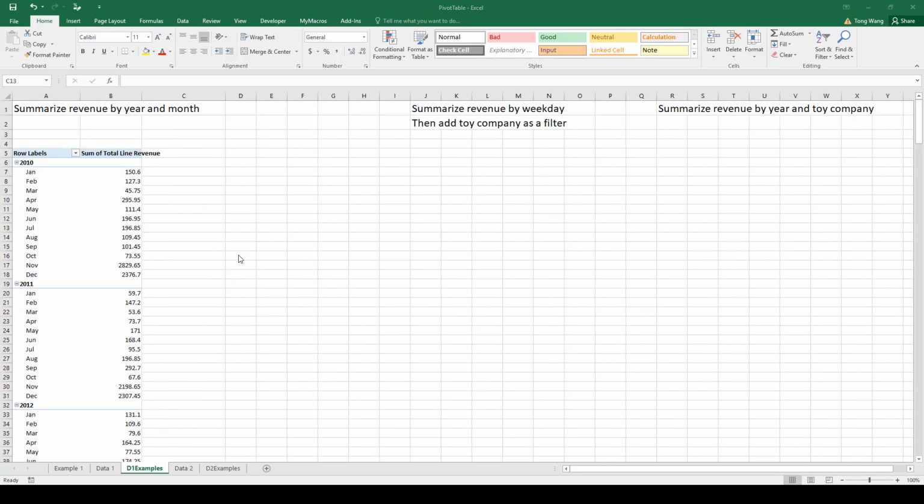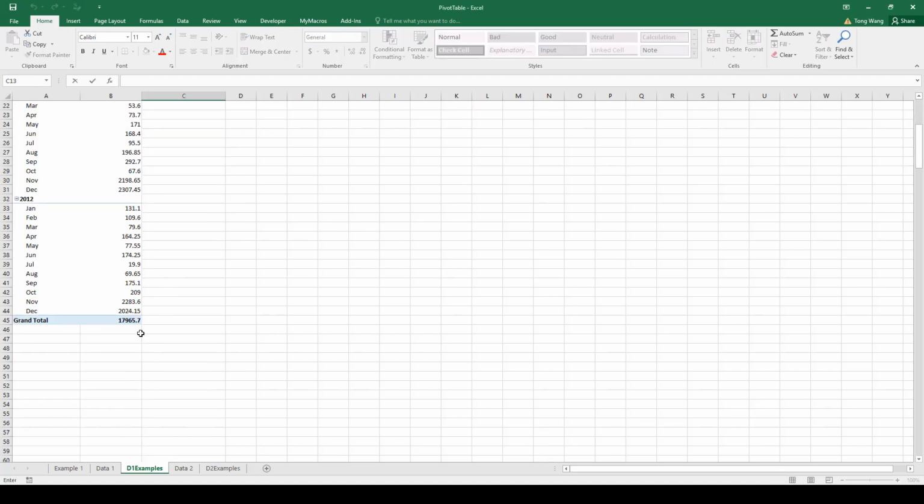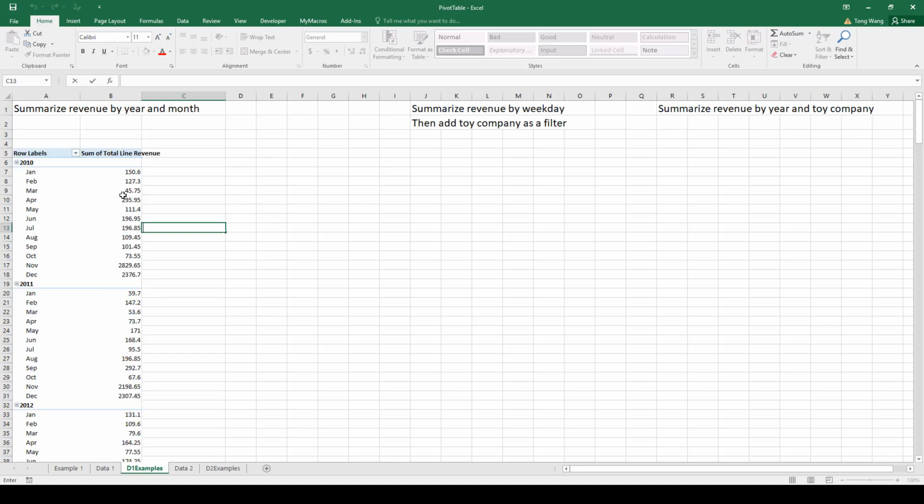Another useful thing that you may want to do is, right now you have a breakdown of sales into 12 months, but you might still want to see the total for each year. Right now it's not showing the total sales for each year. It's only showing the total sales for all 3 years, but not each year. So if you want to see also the total sales for each year, then you can just click on this